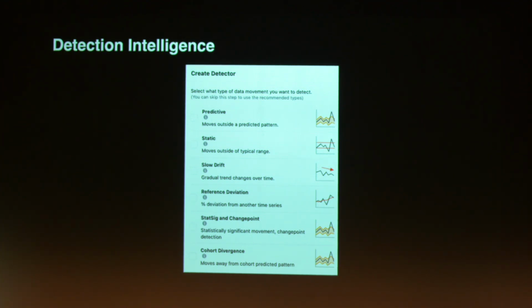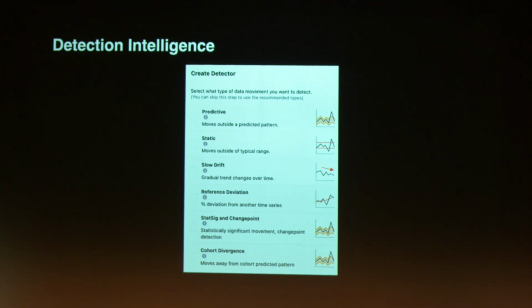So you have the static threshold, which is your classic: alert me if data goes above X, or do something if data goes below Y. Then we have our univariate algorithms, which act on an isolated time series. Here we have a predictive analog algorithm, developed by an Israeli startup, and also our own in-house algorithms. We have slow drift and reference deviation. These are used to detect spikes, regressions, and, I believe, trend changes and seasonality changes.